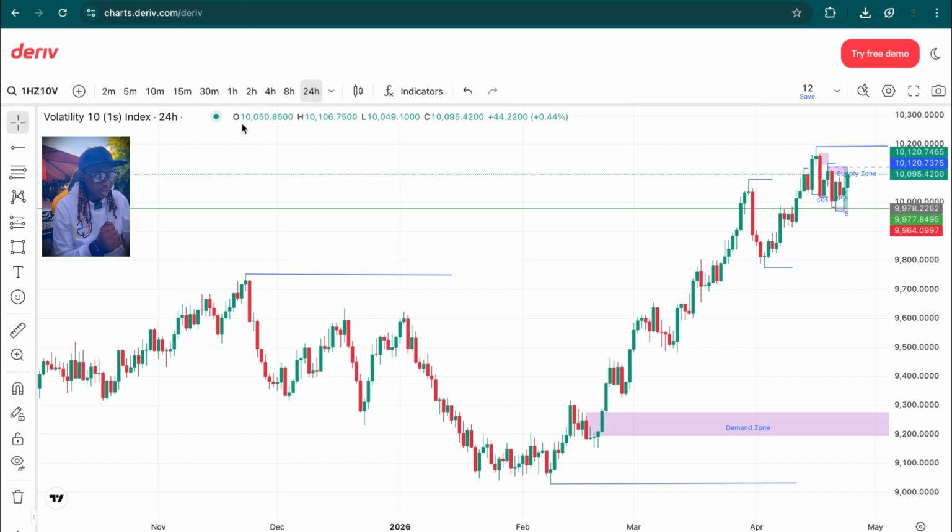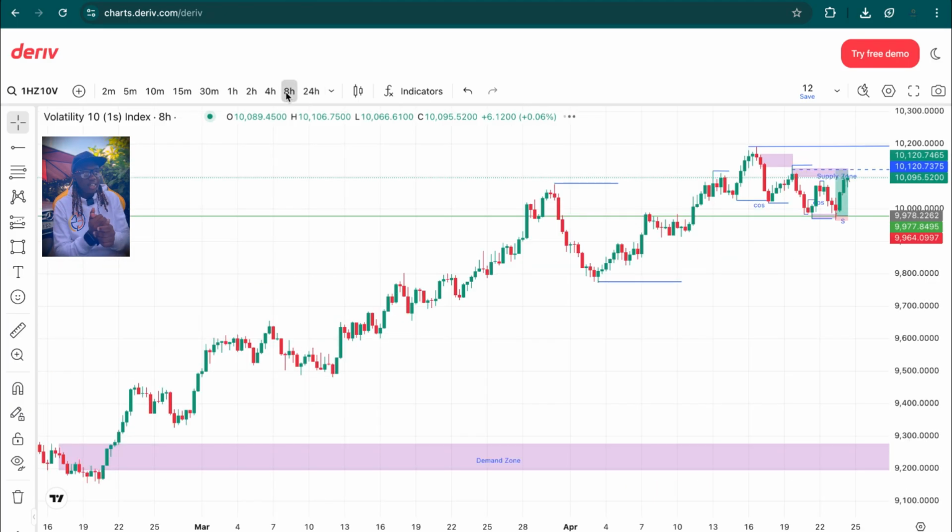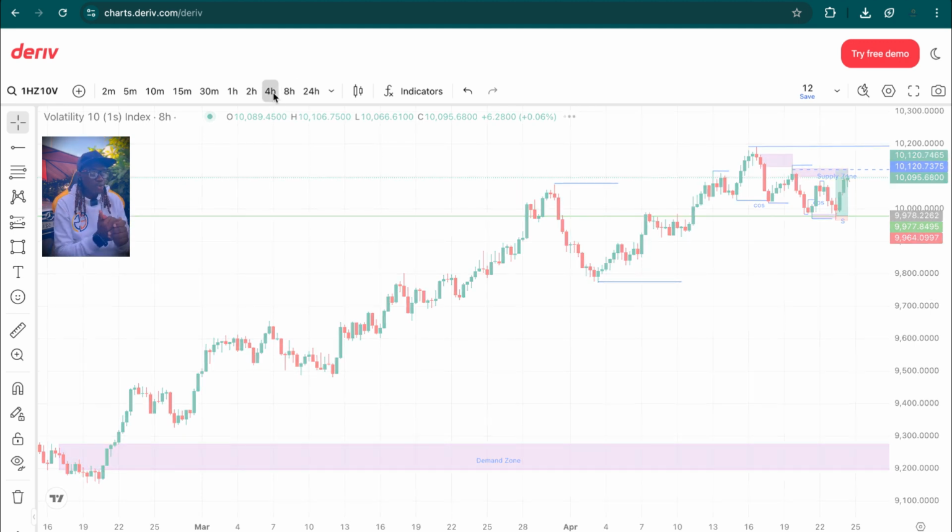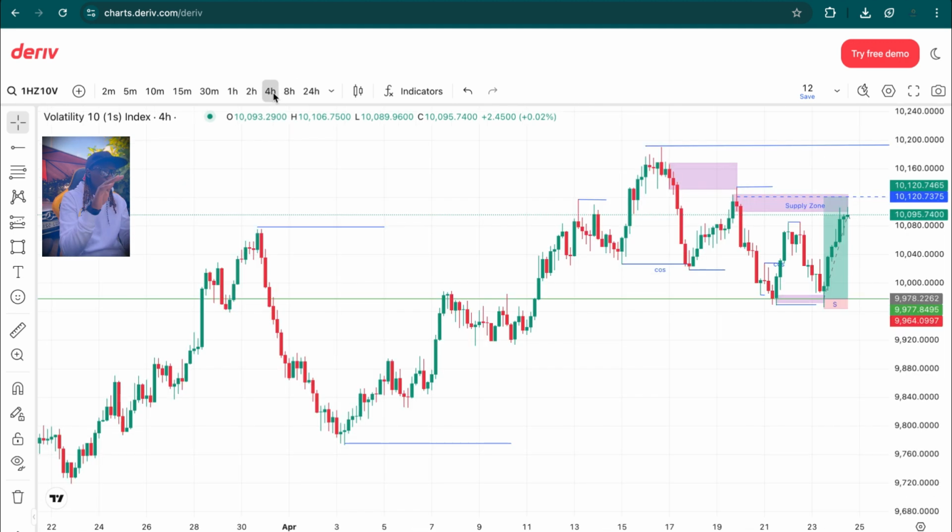After looking for my next demand zone, we went down further, doing top-down analysis to our 8-hour time frame. In the 8-hour time frame, we were on a bullish trend. We went further to our 4 hours. In the 4 hours, we were on a bullish trend, but we had something happening in our internal structure of 4 hours,